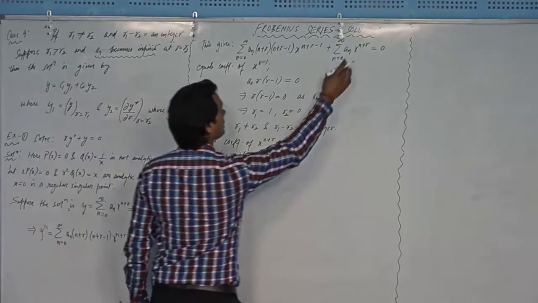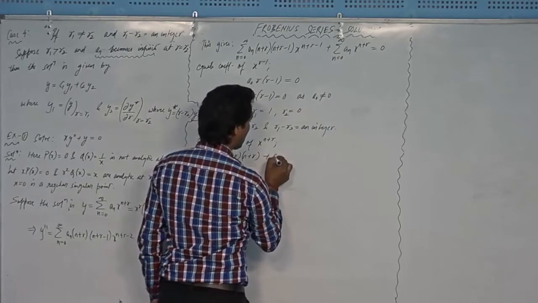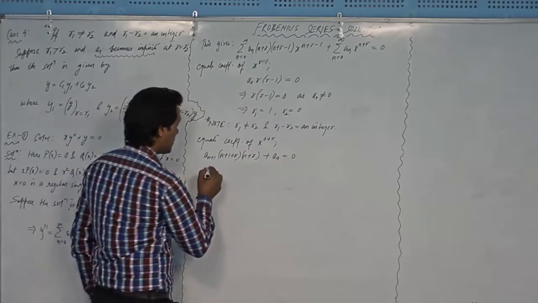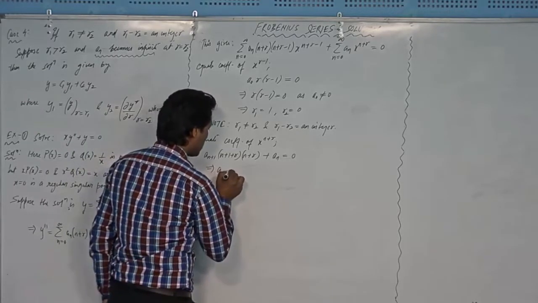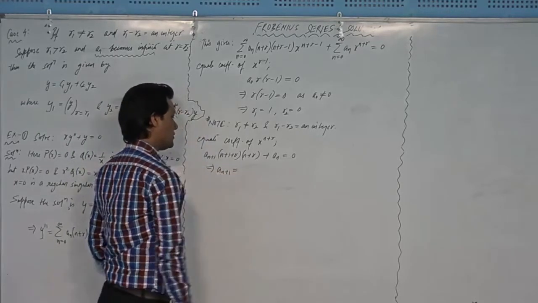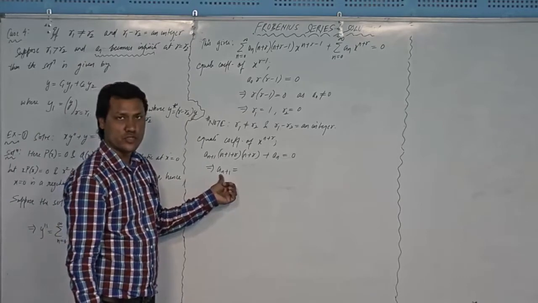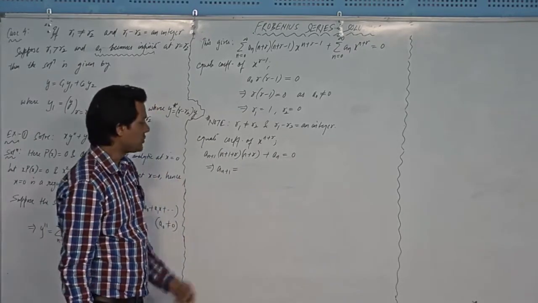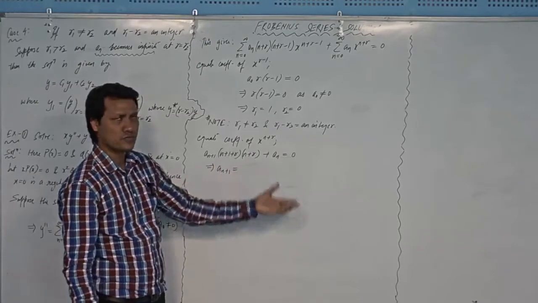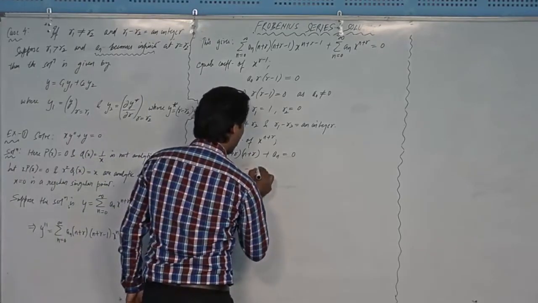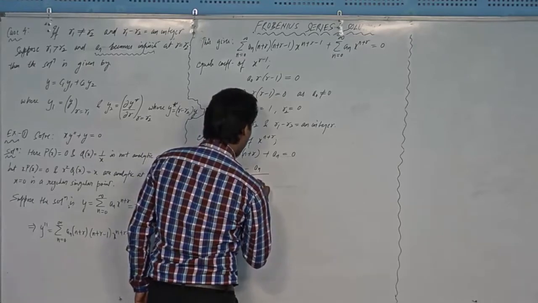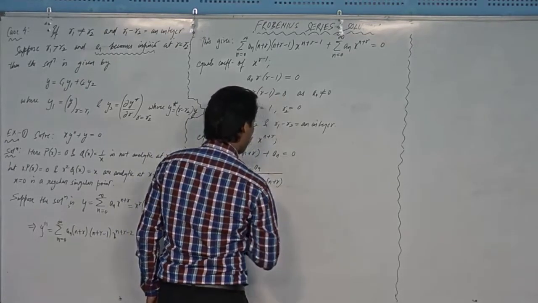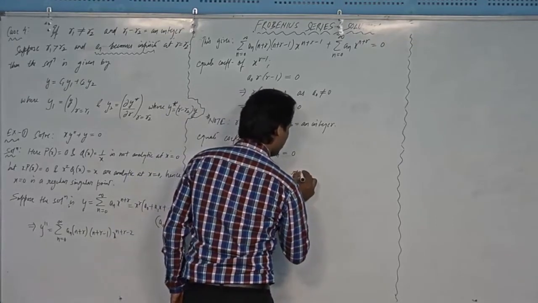And from here the coefficient of x to the power n plus r, which is a_n itself, is equal to 0, right? So you can see that you have to obtain the value of the biggest subscript coefficient in terms of the least subscript coefficient. So a_{n+1} should be obtained in terms of a_n, so that will produce minus a_n divided by (n plus 1 plus r) and (n plus r), right? This is your recurrence relation,